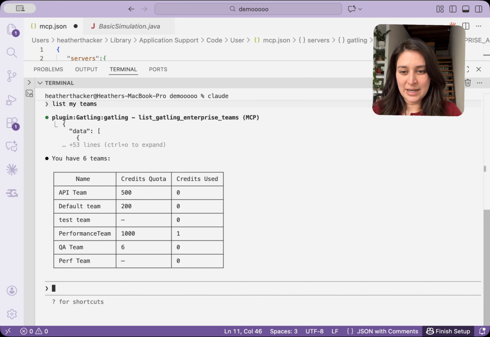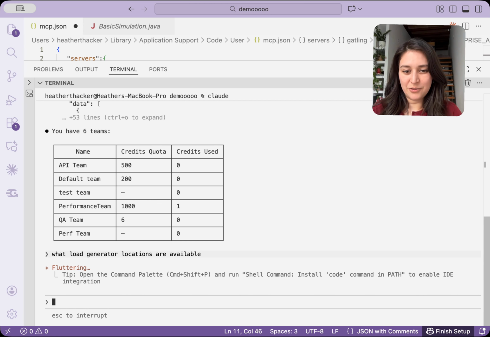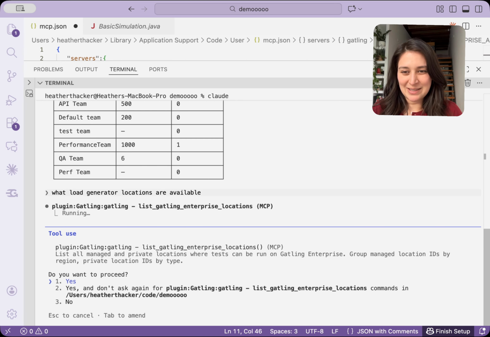You can see here I have 6 teams: performance team, QA, a few others, and each one comes back with credit quotas and usage. Second one is the load generator locations that are available. These are the regions where Gatling Enterprise can spin up load